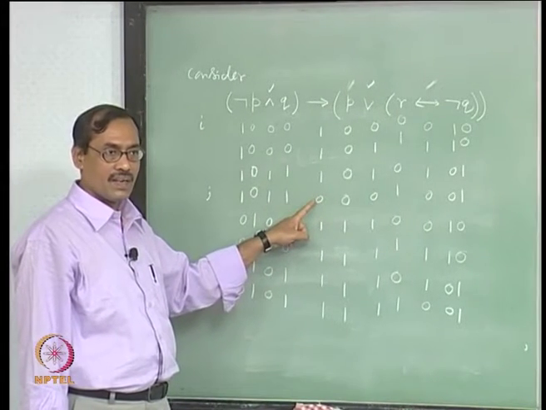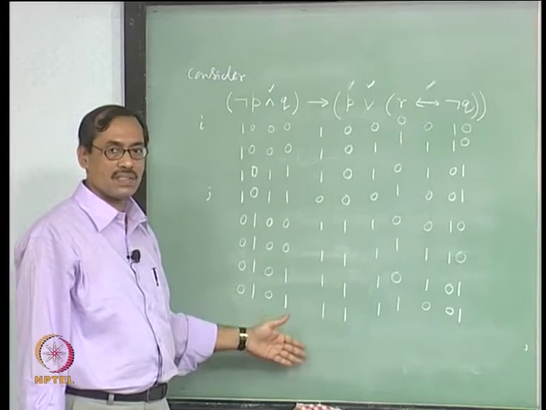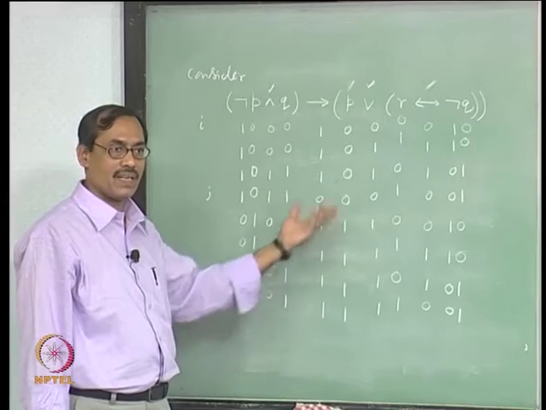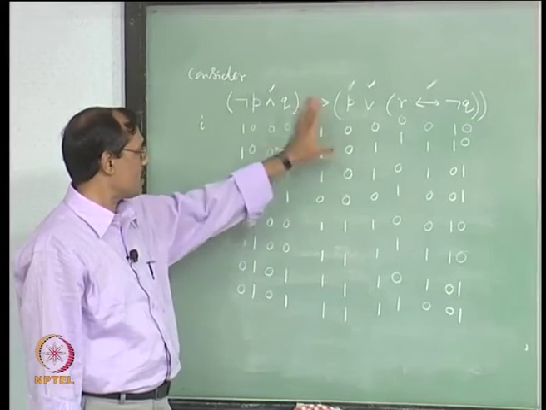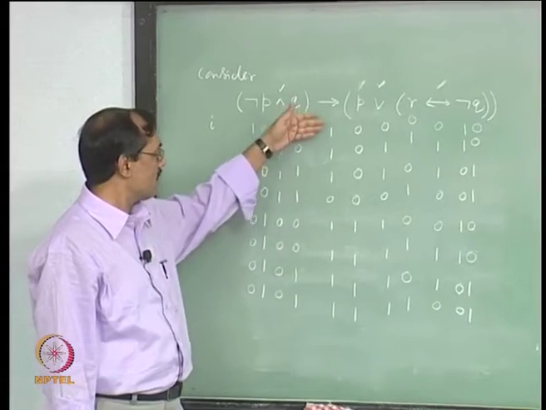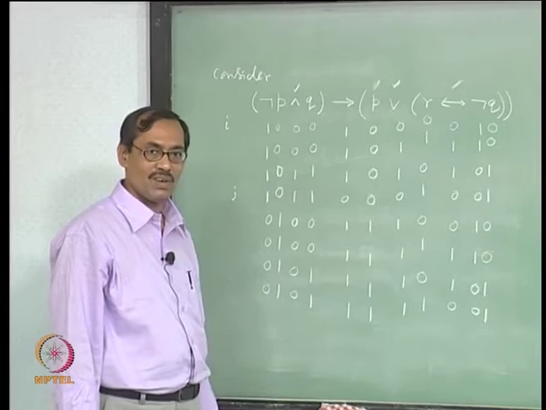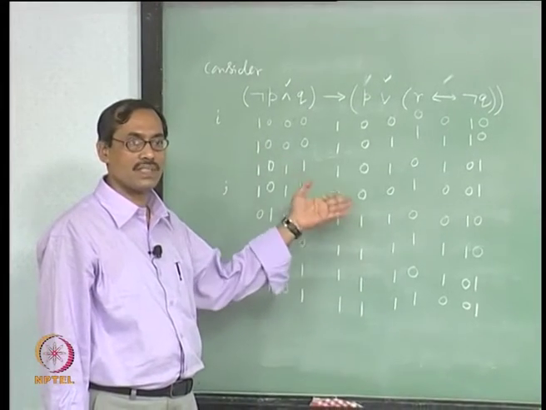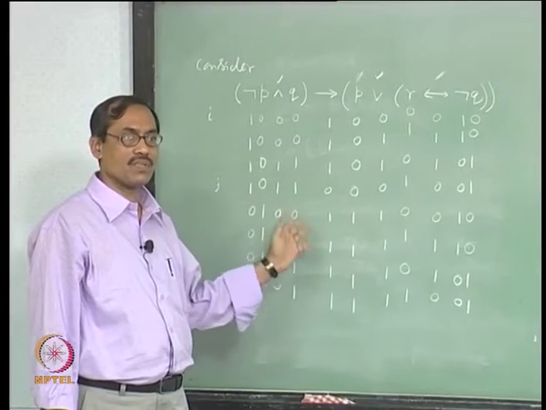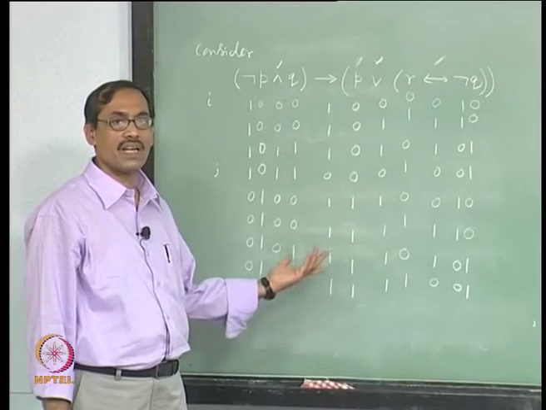Fine. Now, you see there can be various possibilities of assignment of ones and zeros to any arbitrary proposition. So, it might quite happen that after you complete the truth table you get 1 everywhere, right, you may get 0 everywhere, or you may get something like this, some rows evaluated at 1, some rows evaluated as 0, right. So, you want to give different names for all these things.